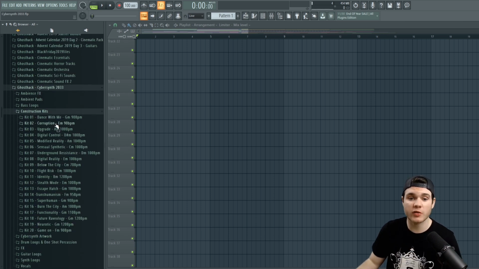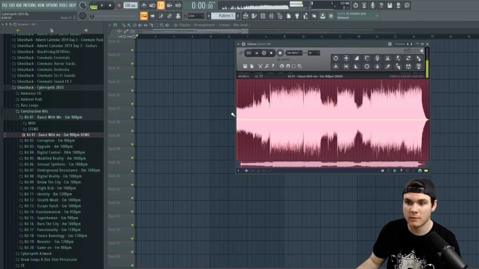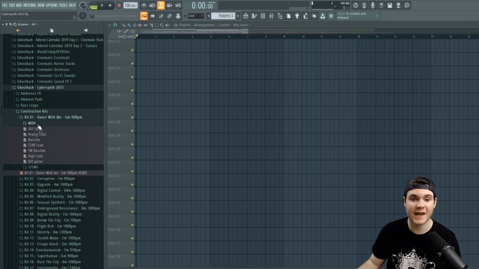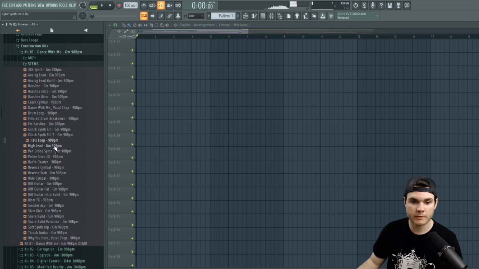And then we get to the construction kits, which I hinted at before. And these are extremely impressive. For each construction kit, you have the actual track that is contained within the kit right here. You have the track, and you also have all of the individual stems and the MIDI for this track. So in the stems, you can find things such as the hi-hat loop, maybe the lead, a guitar riff,